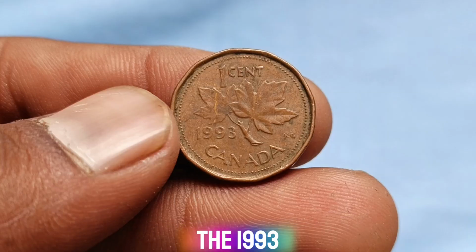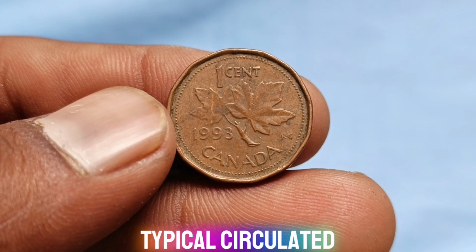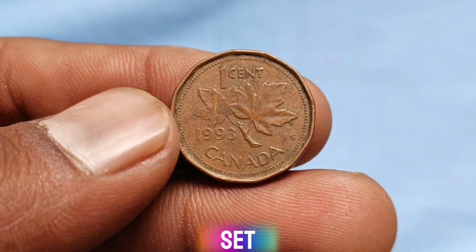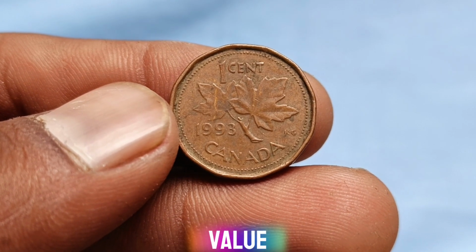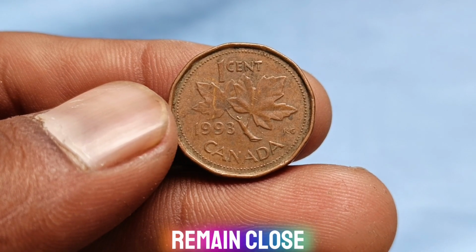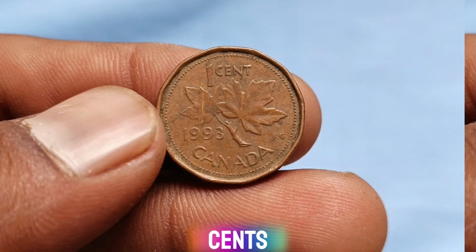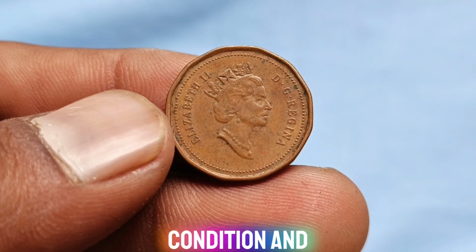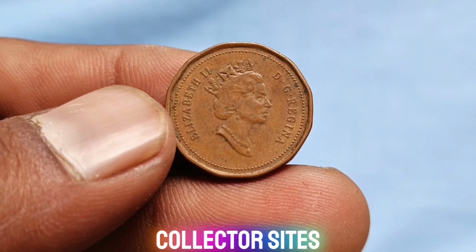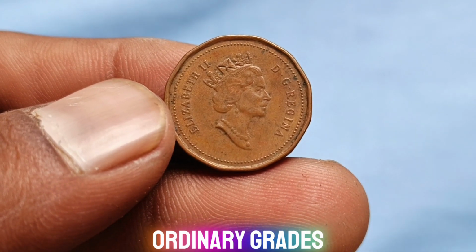For collectors, the 1993 penny is a common date. That means typical circulated examples are not rare and are mainly valued for completeness in a set rather than high individual value. In worn circulated condition, values generally remain close to face value or just slightly above, often just a few cents, depending on condition and local demand from collectors. Listings on collector sites show typical market values for circulated coins in ordinary grades in the